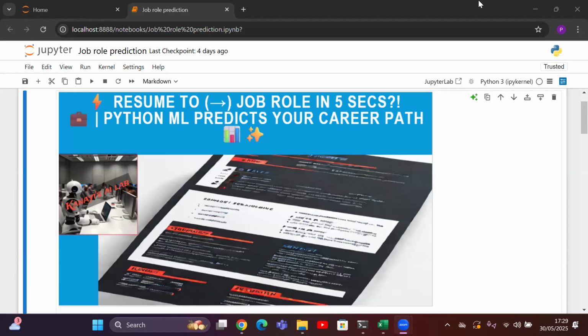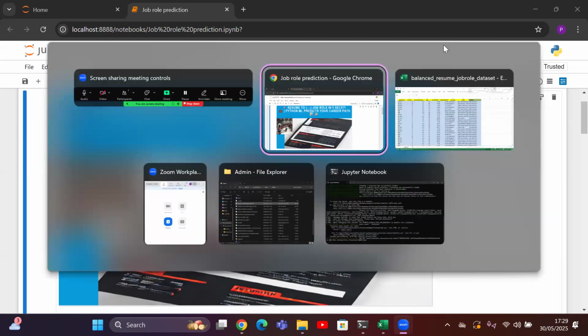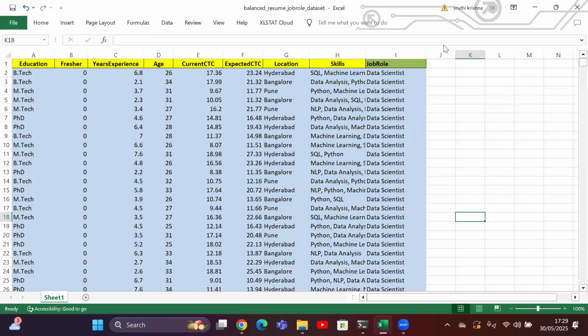So for the demonstration purpose, I am using a synthetic but realistic data set of 10,000 resumes. The data set is here. The data set used here is in Excel format where the resume information is parsed and structured into a tabular form. Think of it as a smart conversion, a raw resume turned into data-ready rows and columns. We will take a separate video tour soon on how to parse and prepare resume data using Python.